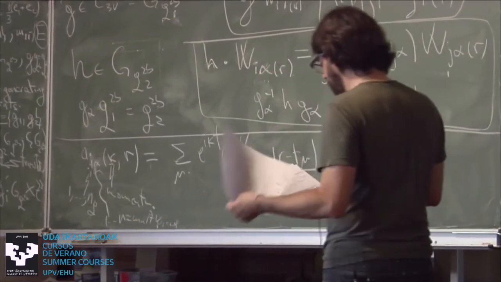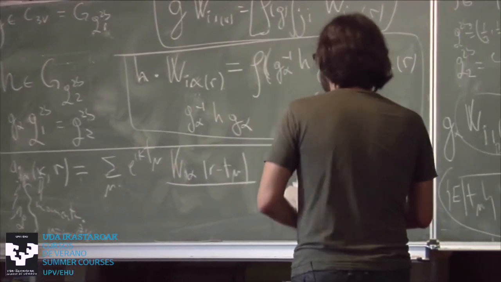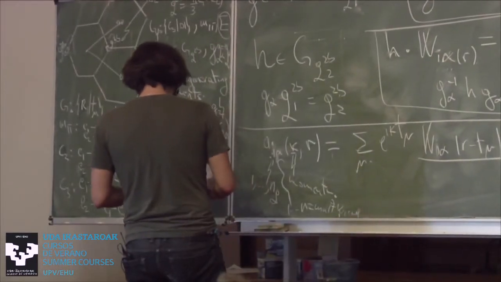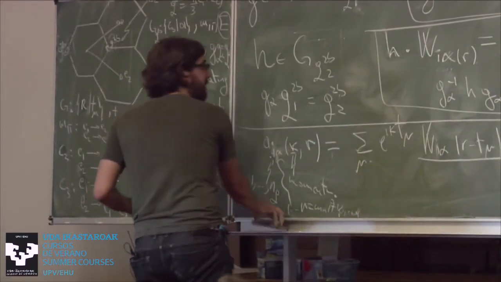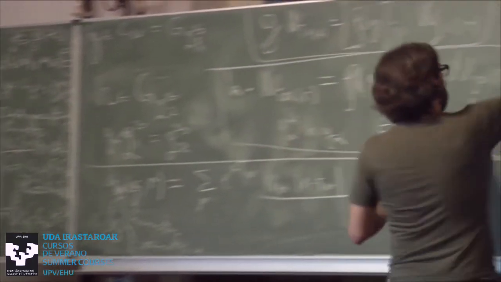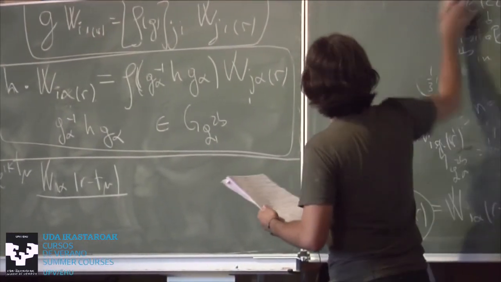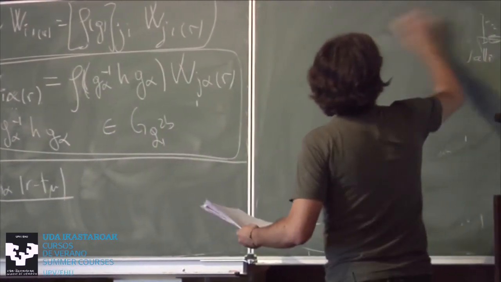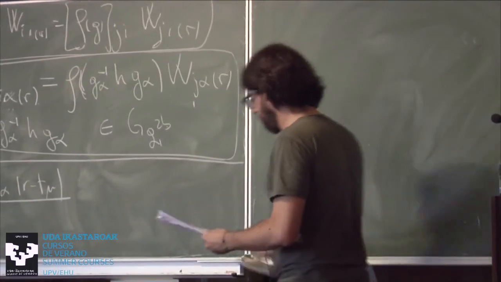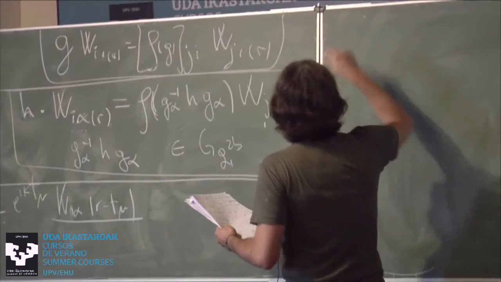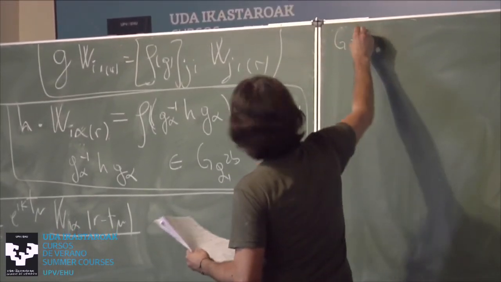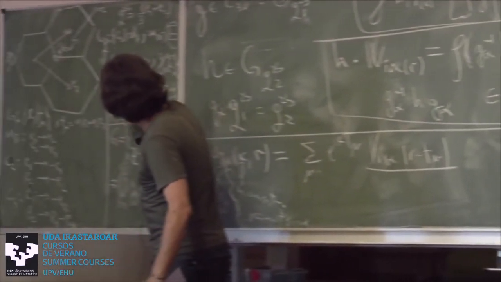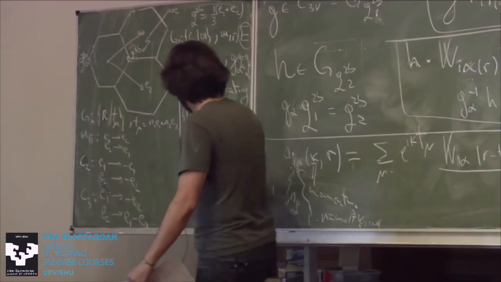And what I need to do is find the action of an element of the space group on this basis of states. So I told you that the space group G is just a union of coset representatives, which in this case are 1 and C2, times the site symmetry group.